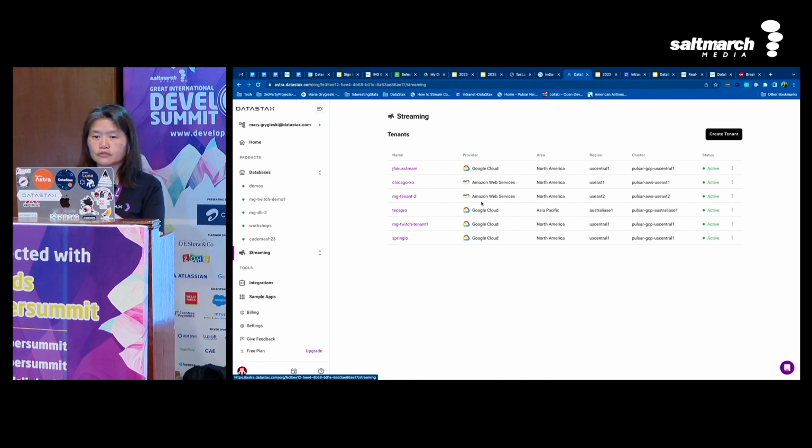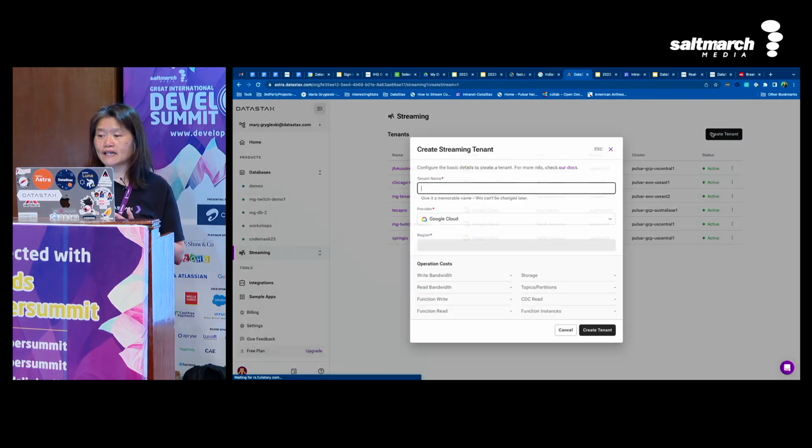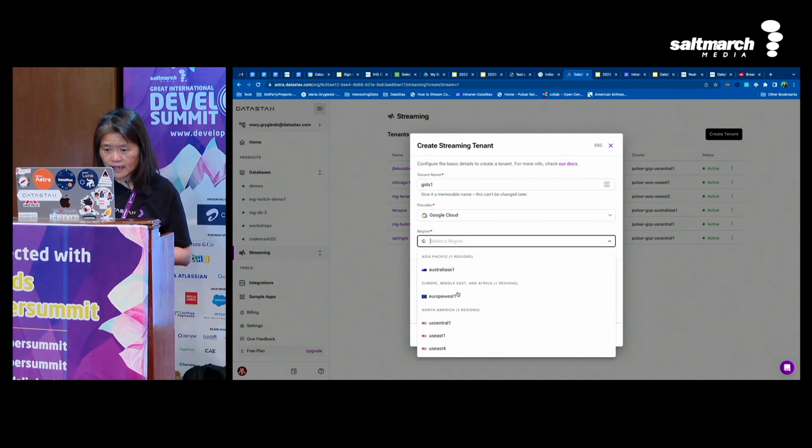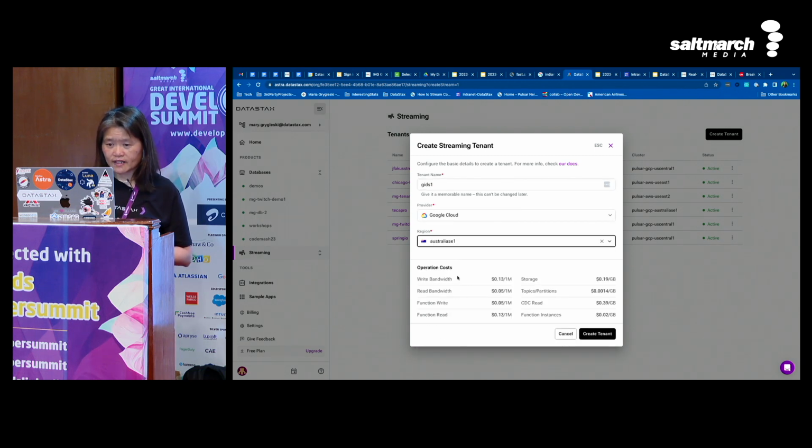In order to work with our streaming, it's as fast as creating a tenant. Let's say I call this tenant gits1 for today. We use Google Cloud, and let's use Australia. As you can see over here, it shows you the operation cost too. The $25 US is quite sufficient if you're doing a smaller experimental project, let's say for a month.